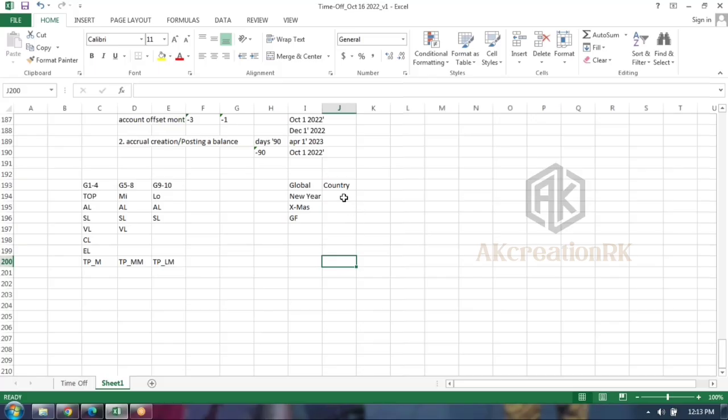Coming to country specific, Sankranti is country specific, only India. Diwali, Dasara, Ganesh Chaturthi, Ram Navami, Independence Day, Republic Day, and some other holidays. These are the country specific holidays.